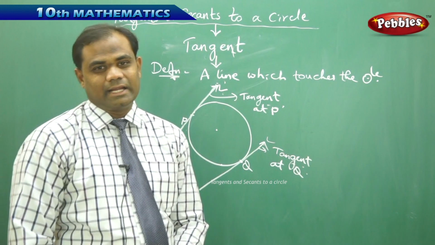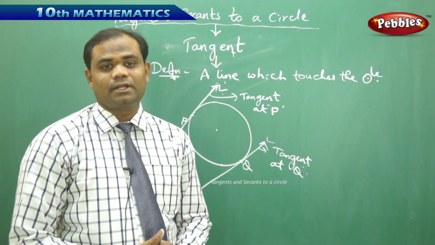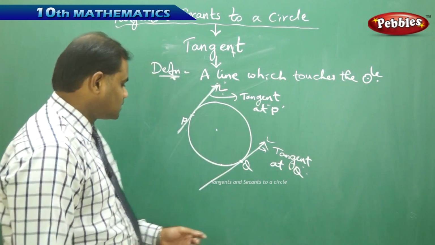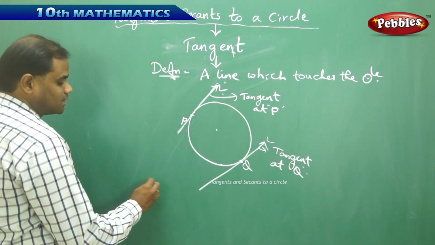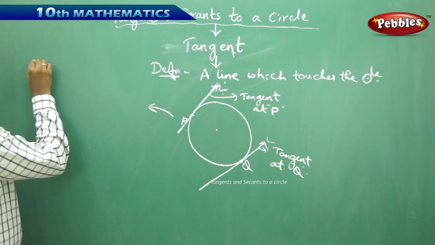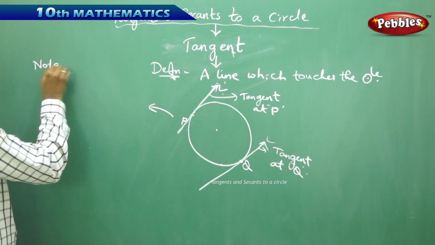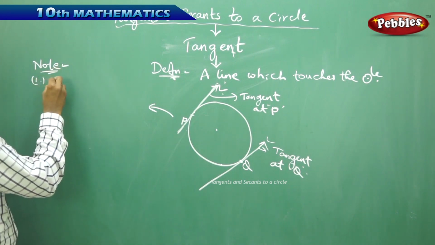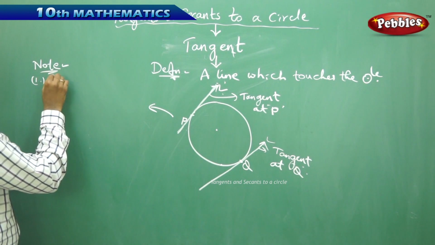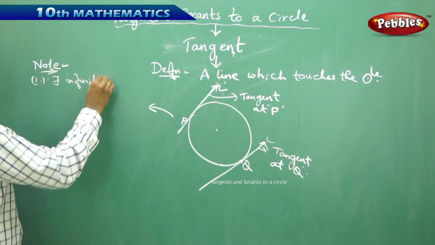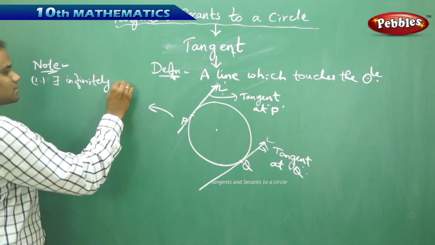Is how we understand the tangent connected with a circle. Now with this concept, I have an important note which says that there are infinitely many tangents which I can draw. So when I go with the first note, it says that there exist infinitely many tangents